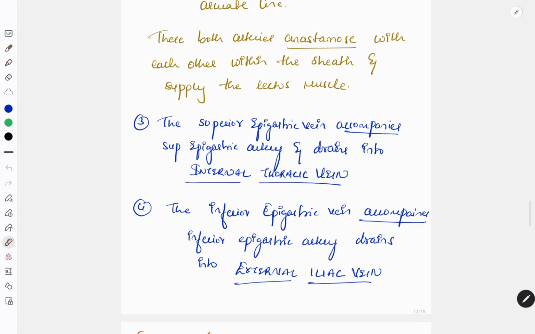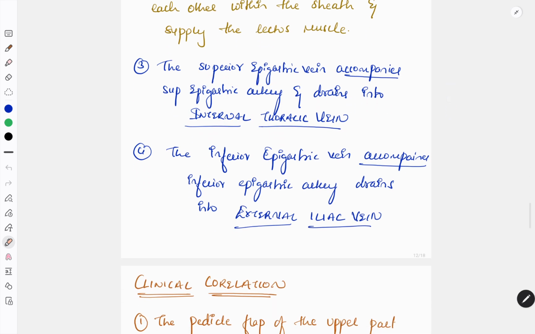Okay. So next is the superior epigastric vein. It accompanies your superior epigastric artery and it drains into your internal thoracic vein. Where does it drain into? It drains into your internal thoracic vein. The superior epigastric artery, from where was it? It is a branch of the internal thoracic artery. Similarly, this vein also drains into the internal thoracic vein. The inferior epigastric vein also accompanies the inferior epigastric artery and it drains into your external iliac